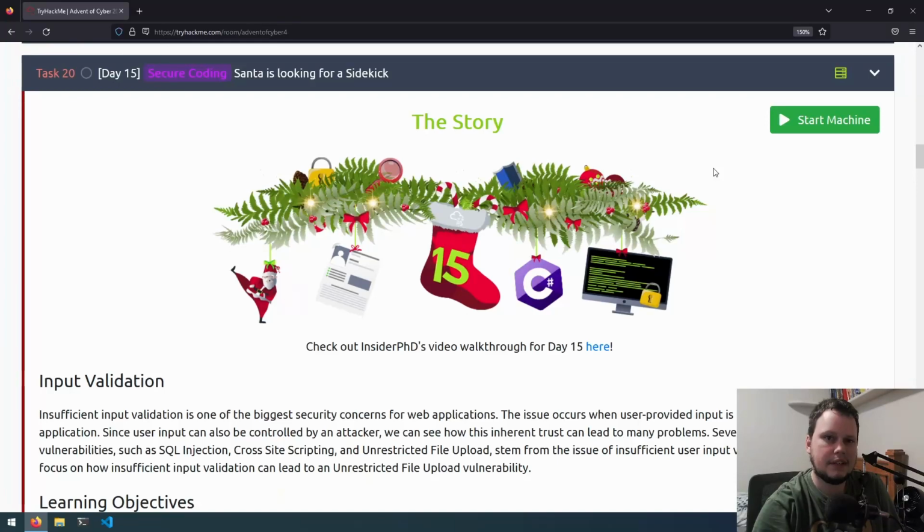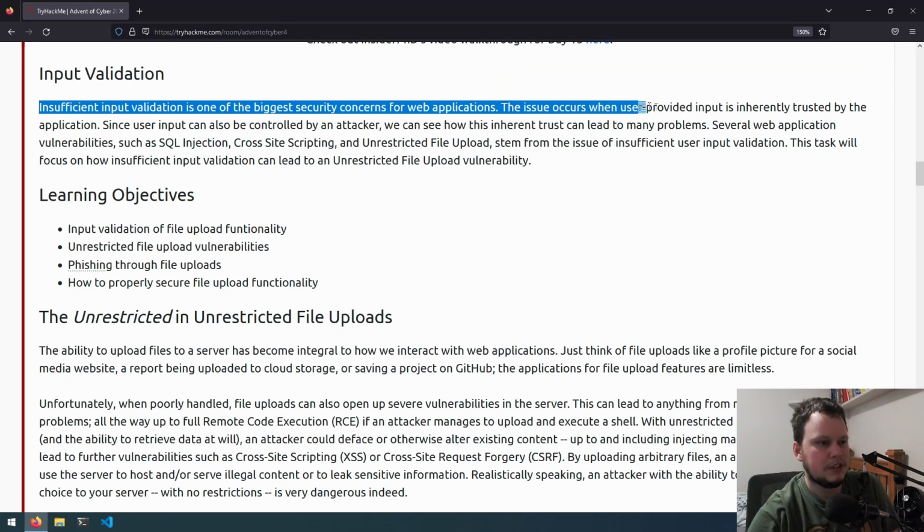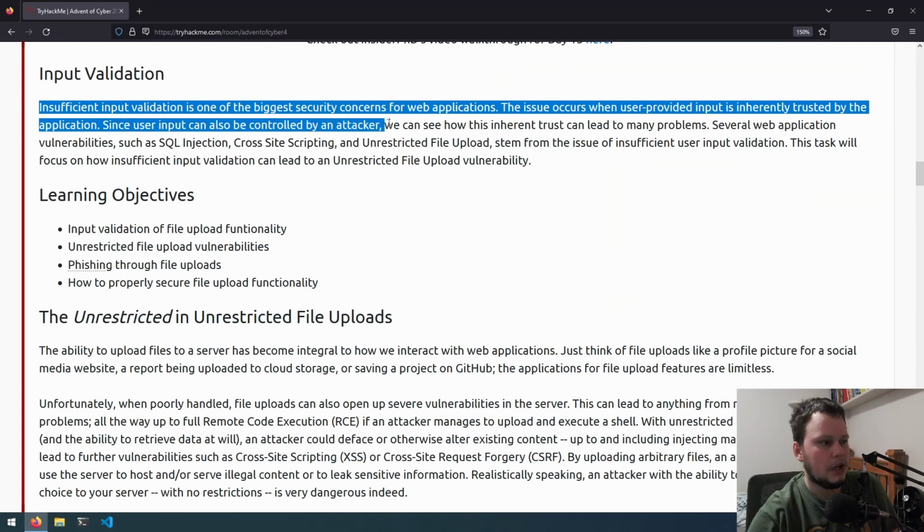Today is day 15 of Evidence of Cyber, and today's challenge is called Santa is looking for a sidekick. Input validation. Insufficient input validation is one of the biggest security concerns for web applications. The issue occurs when your user-provided input is inherently trusted by the application. Since users can also be controlled by an attacker, we can see how this inherent trust can lead to many